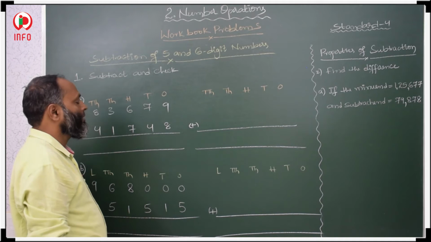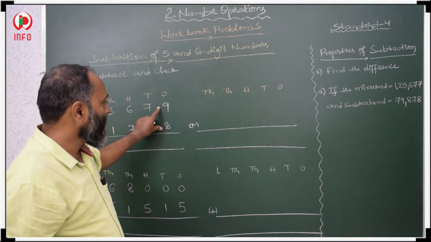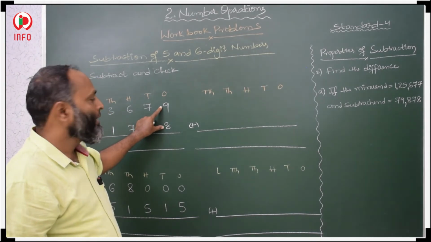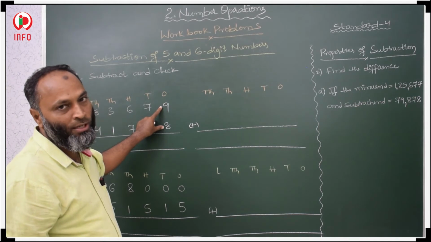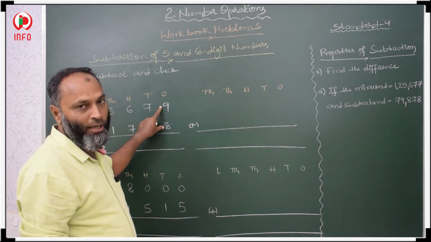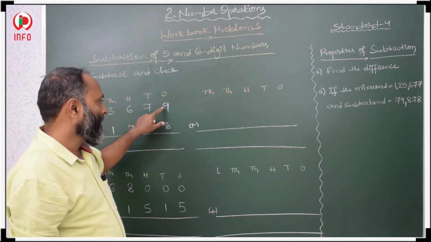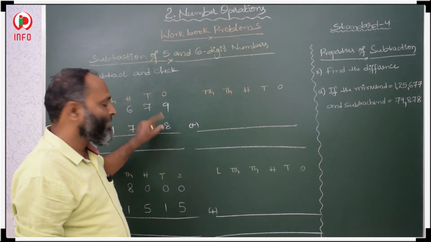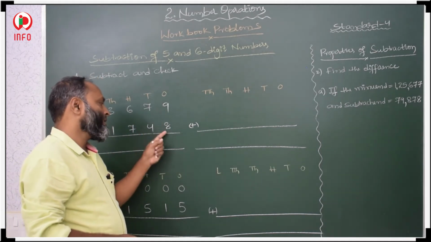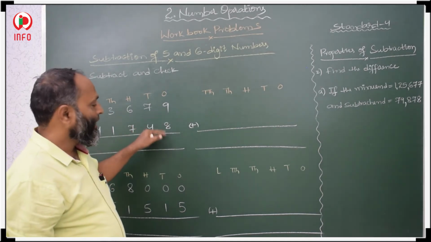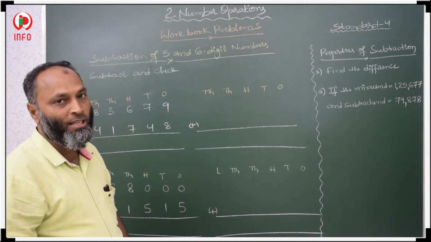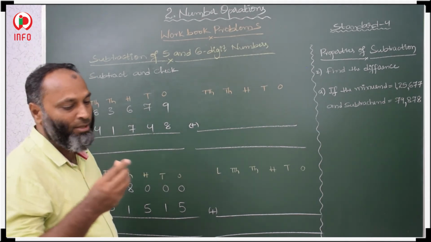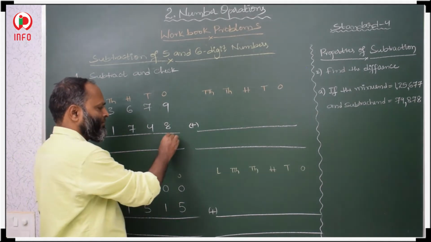Now we are going to subtract. How to subtract? So 9 and 8. If you check, 9 is the minuend, and the minuend is bigger than the subtrahend. No need to take borrow, so no need to regroup. Just minus it. 9 is bigger than 8, so 9 minus 8. What is the difference? 9 and 8 are serial numbers. Whenever consecutive numbers are there, the difference is 1.